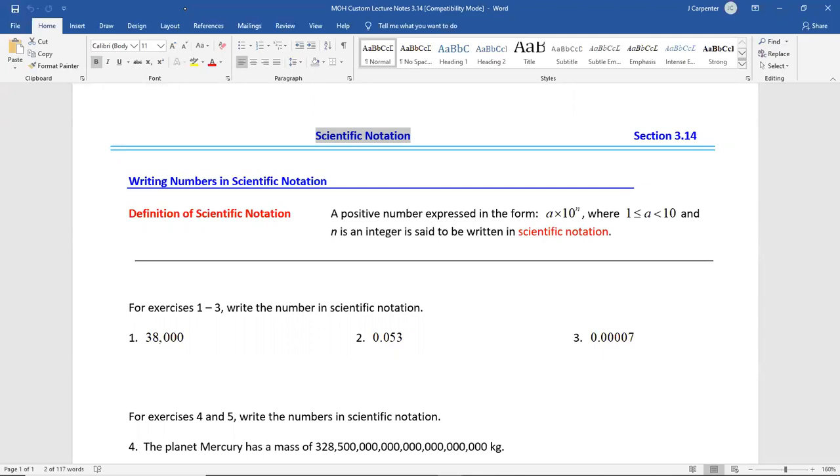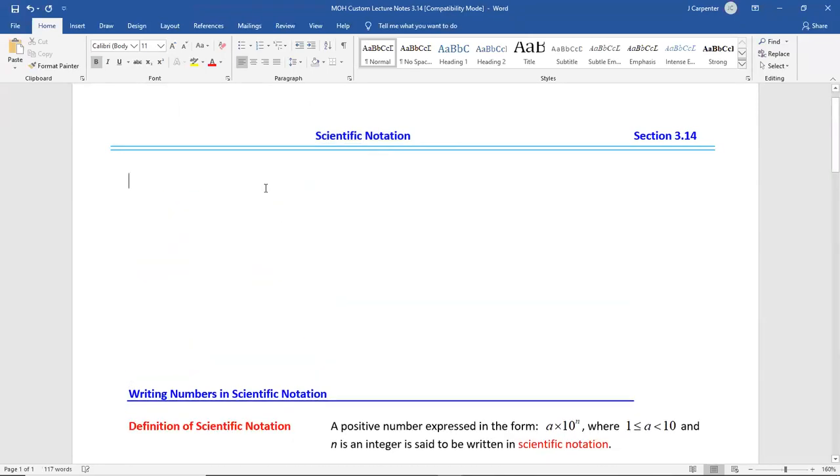So what is scientific notation? Why do we have it? And how do we use it? Scientific notation is just a different way of representing numbers. So for example, the number